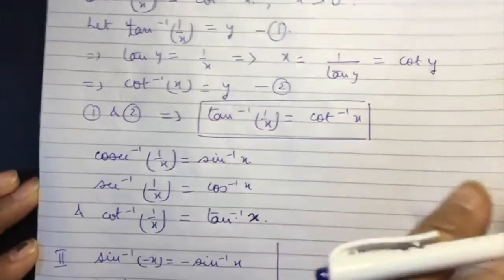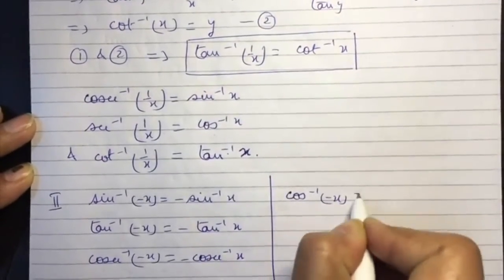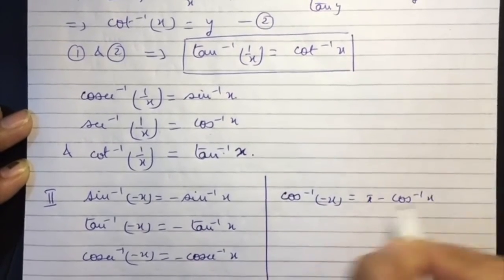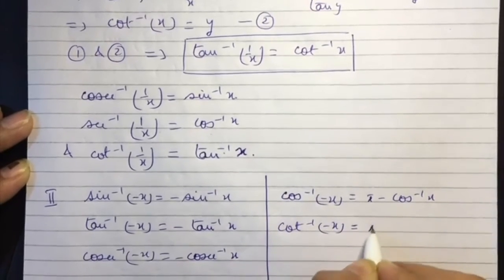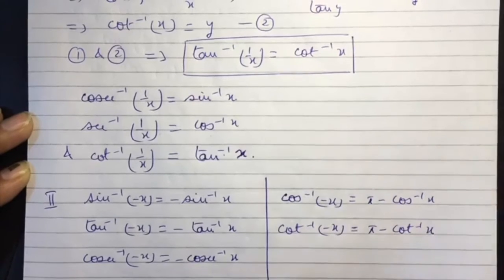Similarly, we have cos inverse minus x is pi minus cos inverse x, cot inverse minus x is pi minus cot inverse x,